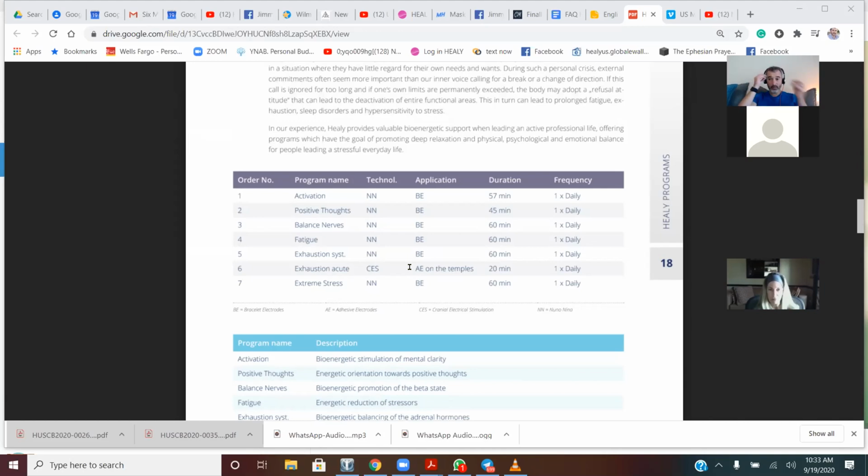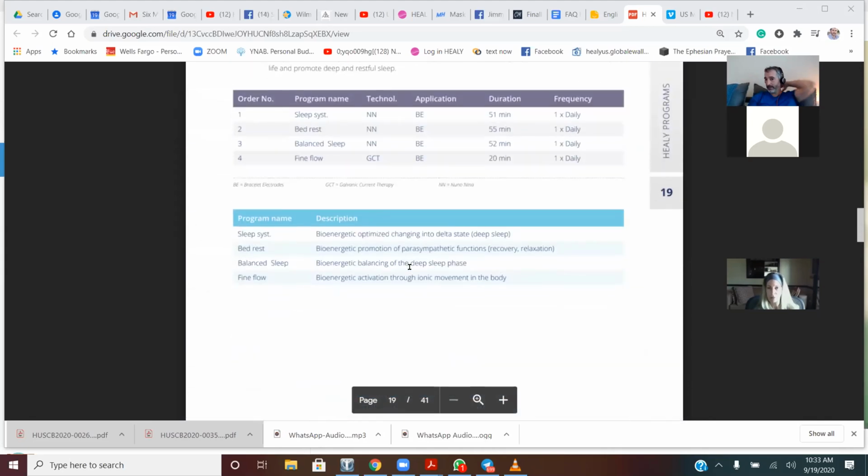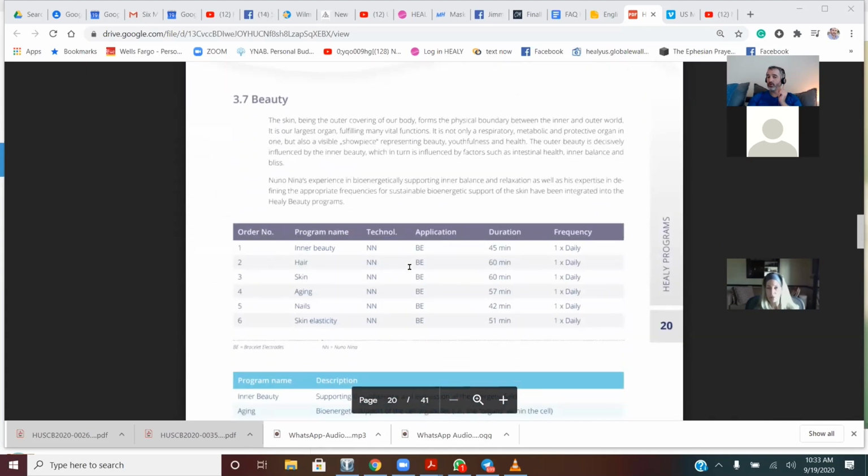How would you do that? You do that with sticky pads. But if you're in the US and you have a US manual and a US version of the Healy Pink app, it's not going to tell you to put it on your temples because the FDA doesn't allow you to do that. Does that make sense? So anytime you see the Pink app giving you recommendations on the upper back, you can ask yourself whether you'd be better off with ear clips or with sticky pads.